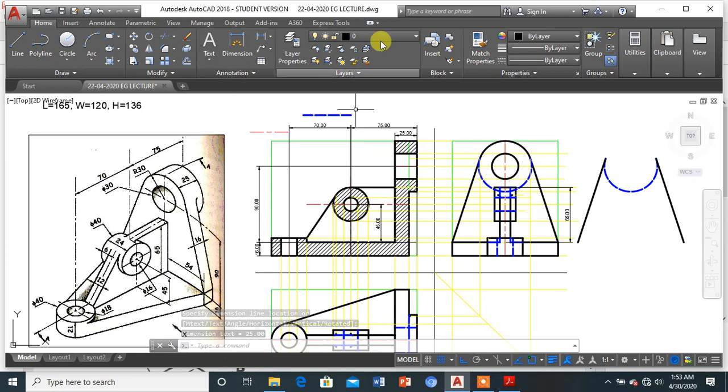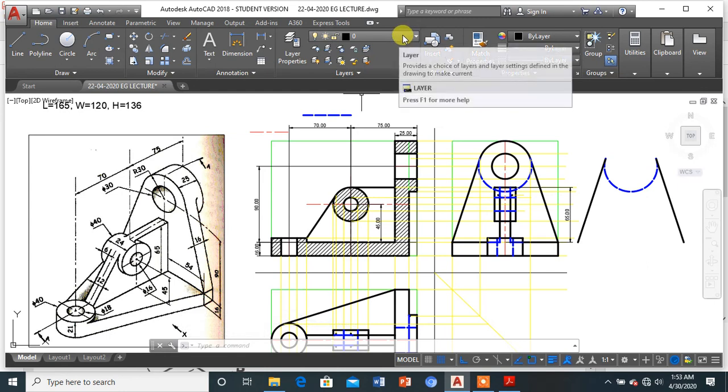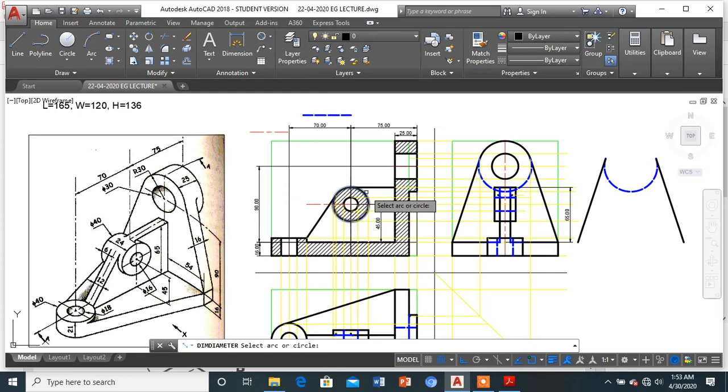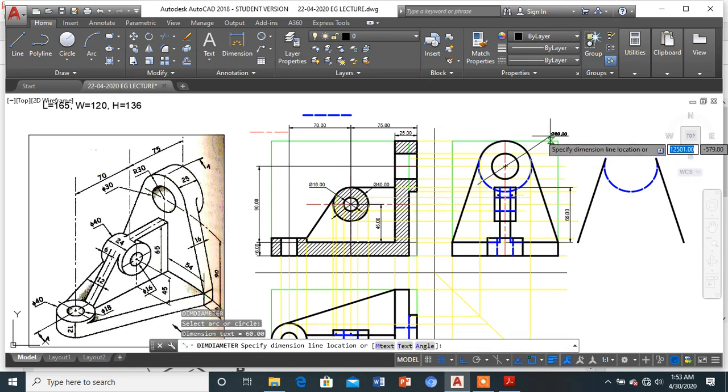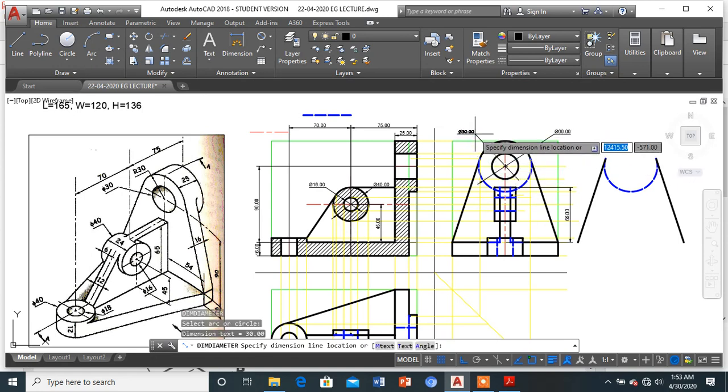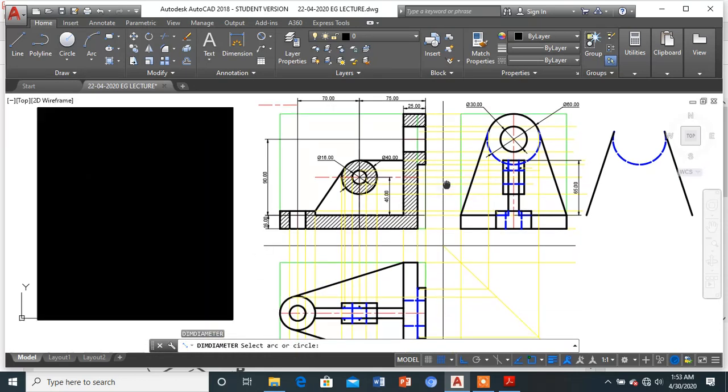Now about the circles, how do I show them? One by one I'll be showing them with the help of the diameters, the complete circles I am talking about. One is of diameter 40 over here, the inner one is of diameter 16. This one is radius 30, and if I talk about the inner one, it will be radius 30. So it's like this.